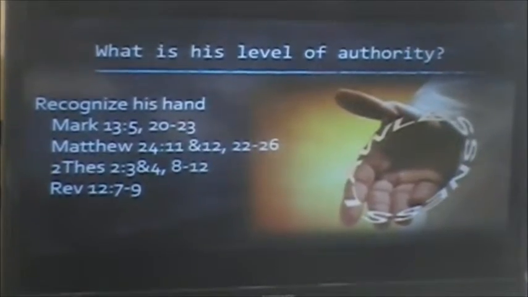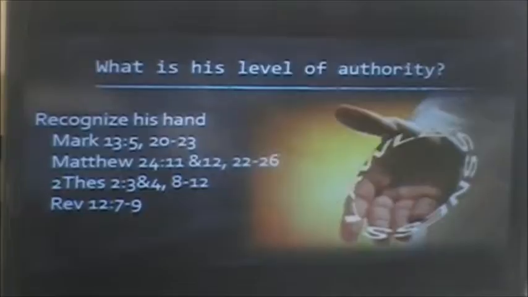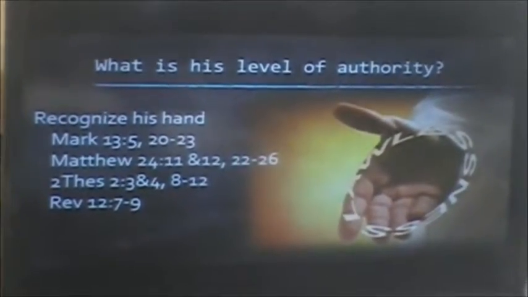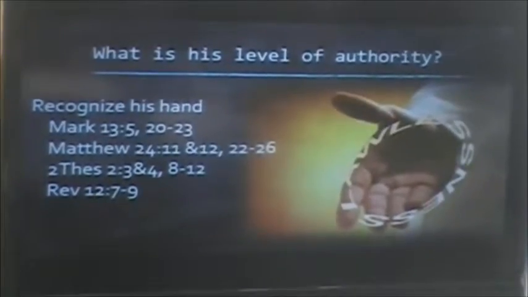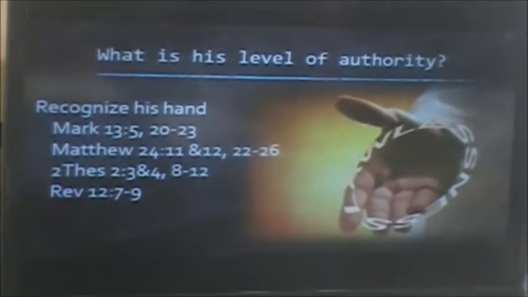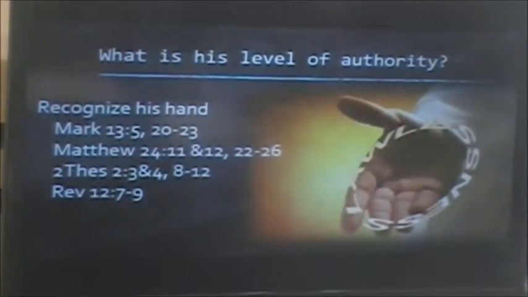And first we're gonna read verse 5. And that's gonna help us understand where we're at. And then we're gonna skip down to verse 20 and read from 20 to 23. Okay, so Mark chapter 13, verse 5. And it reads, "And Yeshua began to say to them, take heed that no one leads you astray." Now, if somebody says to you, take heed that no one leads you astray, what's the automatic assumption? That somebody's going to try to lead you astray. Right. Otherwise, it's pointless for that person to say that. Right?